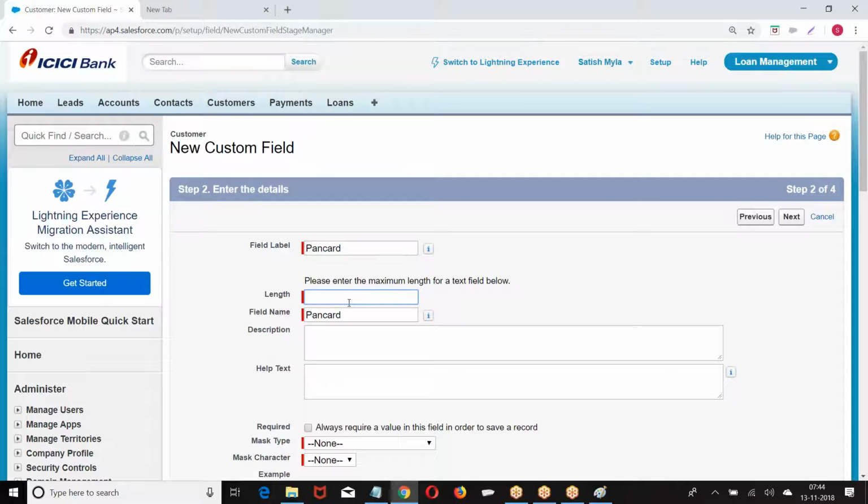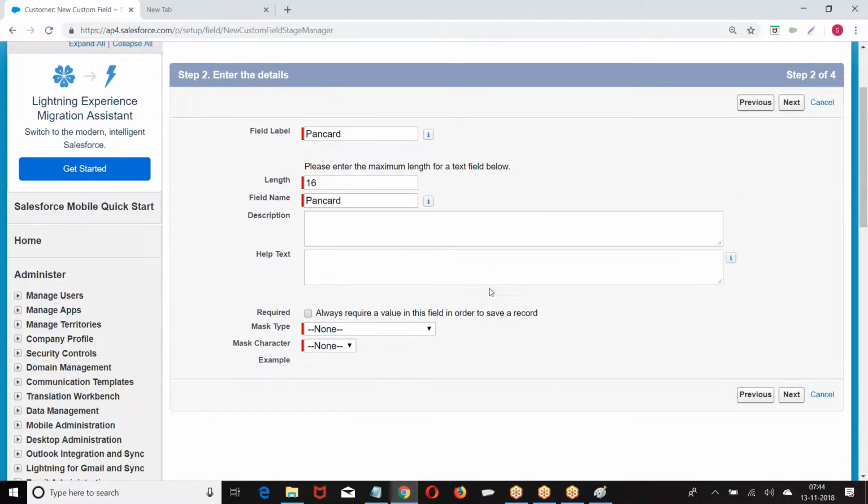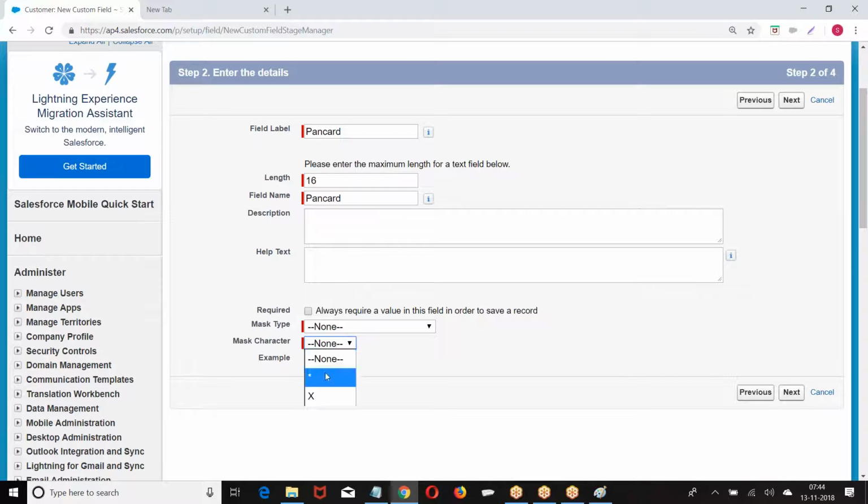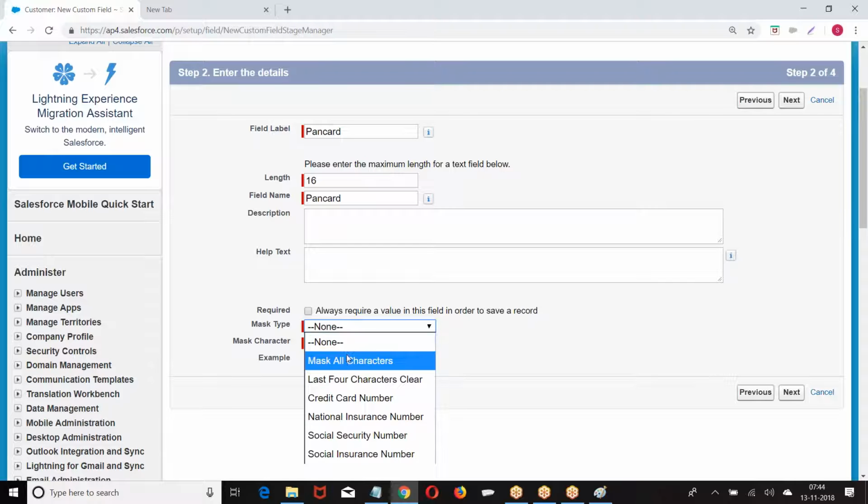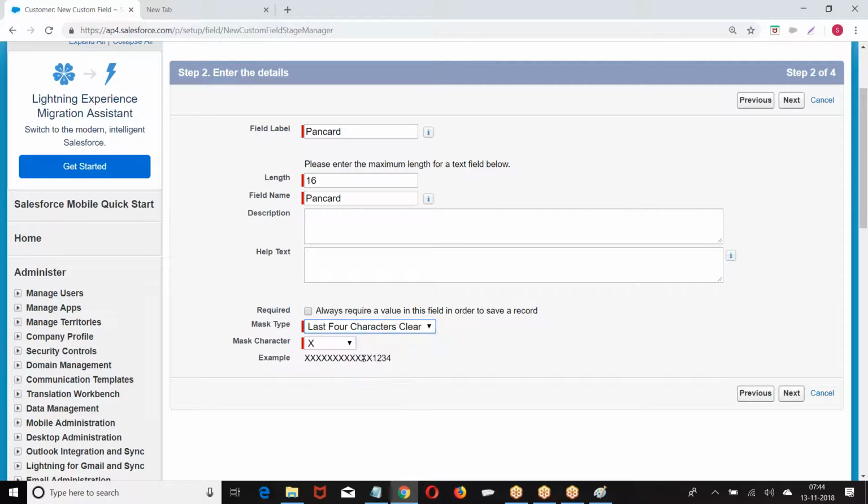PAN card. Mask with what? Star or X. How you want to mask? Mask all the characters, or last 4 characters. Generally, our transaction statements will be like this. How you want to mask it?